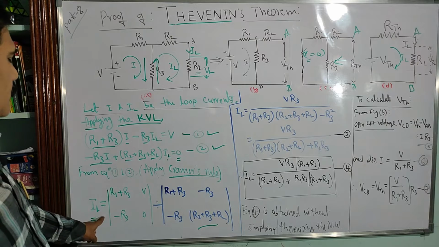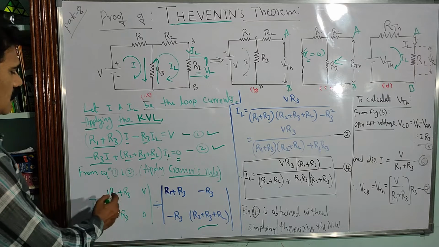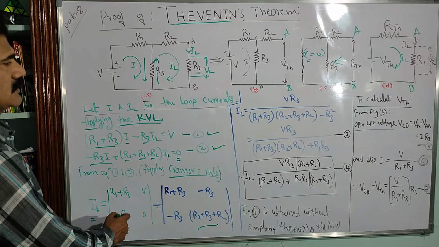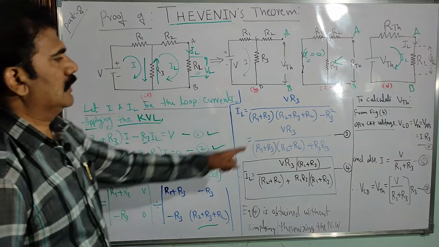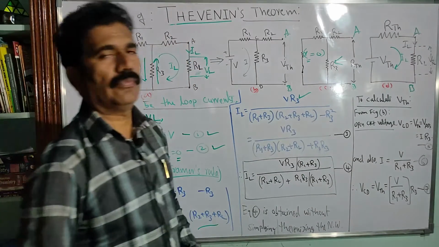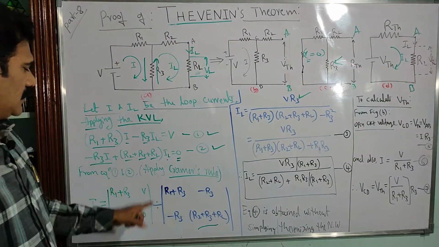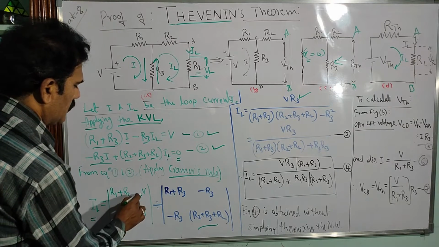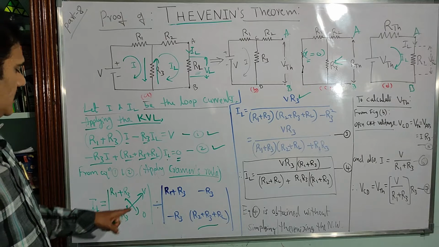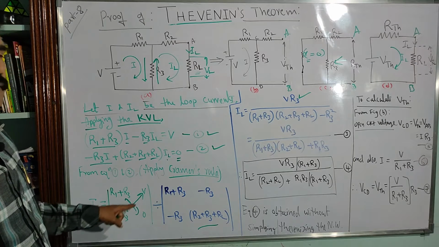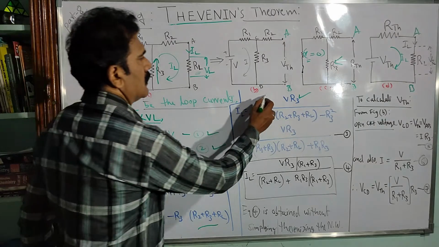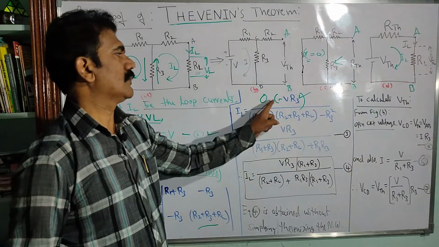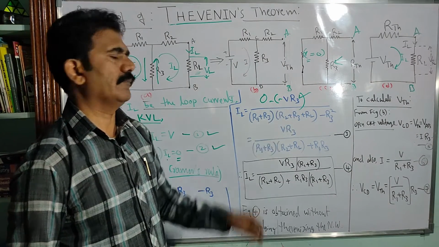So IL is equal to, now you look at this. R1 plus R3 into 0 is equal to 0, correct? Minus of minus V into R3, so you will get V into R3 in the numerator. By cross multiplication this part is equal to 0, whereas if you multiply these 2, you will get V into R3. Minus is already considered here, because 0 minus of minus gives plus, so you get only V R3.